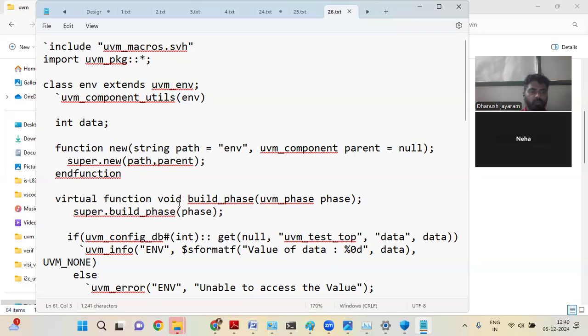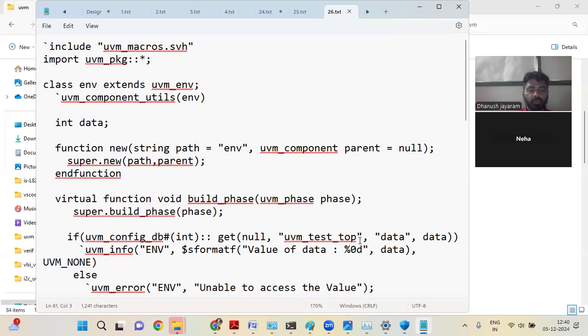Virtual function void build_phase(uvm_phase phase); super.build_phase(phase). If uvm_config_db, there is one concept called config db, configuration db. Okay, that I'll explain later. As of now, uvm_config_db#(int)::get(null,